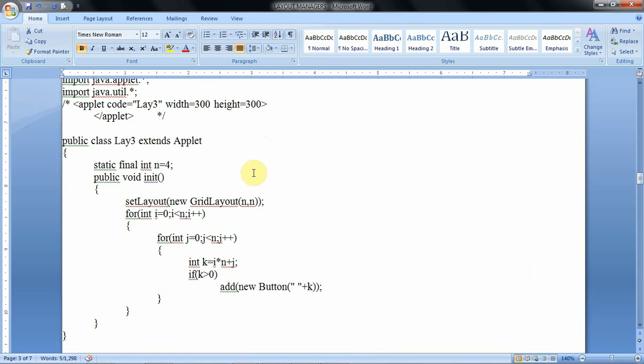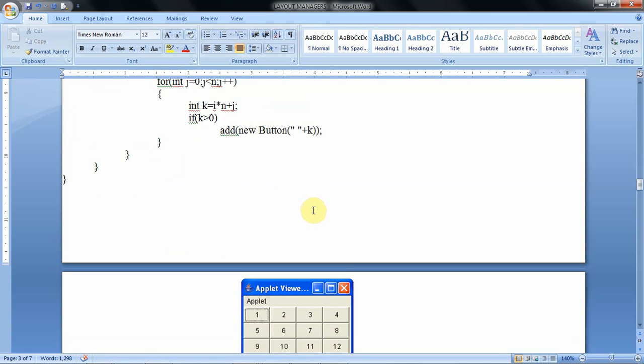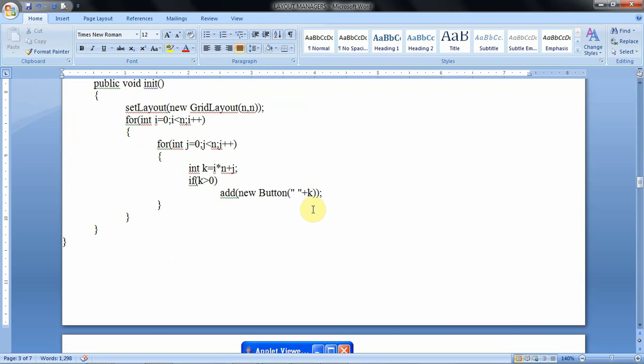Then if you see the example program, so here an applet class is defined like this, then init method. So we set the layout manager here by using set layout manager as grid layout with 4 rows and 4 columns, 4 rows and then 4 columns. Then we go to add some buttons. So for that we write one for loop starting with 0 to less than 4, 0 to 3 and 0 to 3 here also.